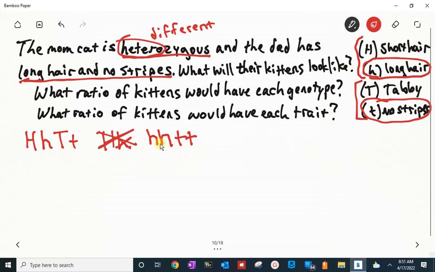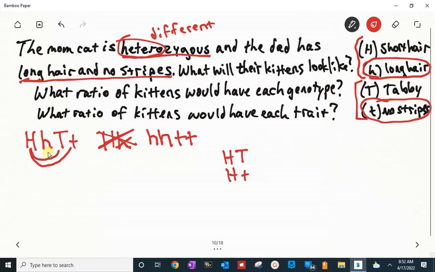So we have the mom and the dad here. So let's set up our Punnett square. Starting with the mom. The mom could have a combination of capital H, capital T, or she could have a combination of capital H, lowercase t,